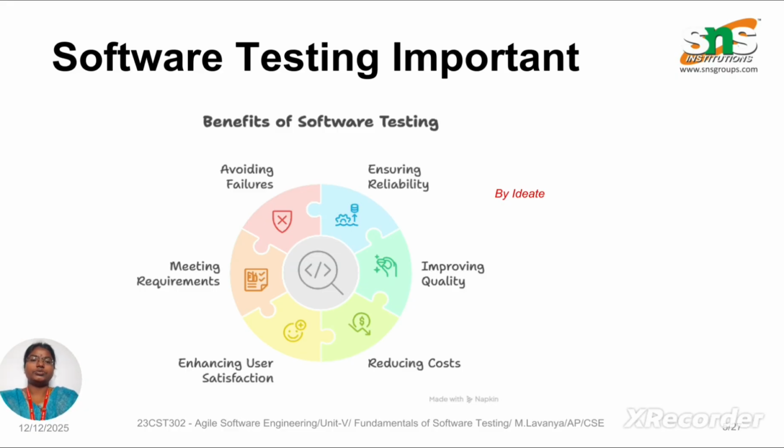It must be ensured by performing all these software testing, and the cost of the software and the maintenance, whatever the cost, must be considerably reduced. This is also an ultimate goal of software testing, and we must ensure that the user satisfaction is to the maximum level. That is the main goal of software testing, because the first phase of software development starts from